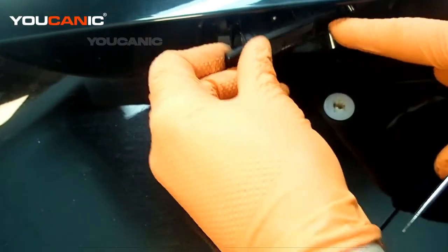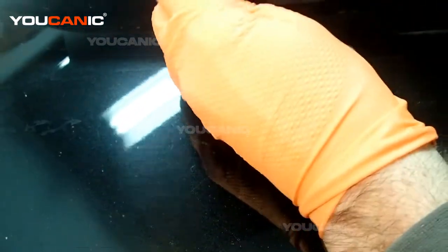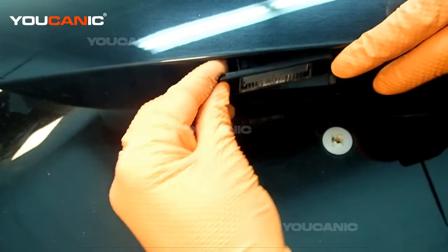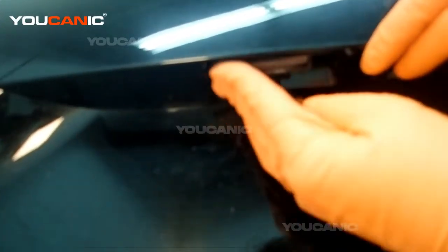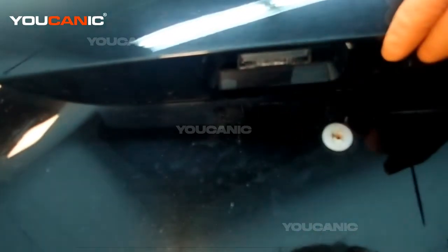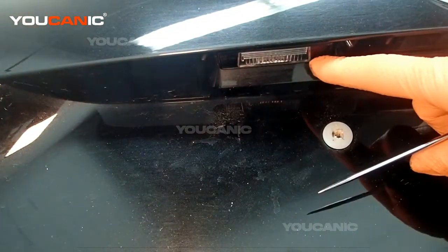And then start with this tab going in on this side, and just snap it back into place. And so that's how you replace your license plate light